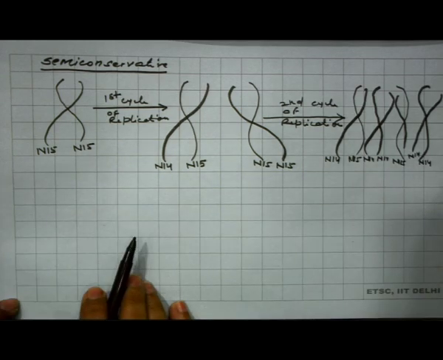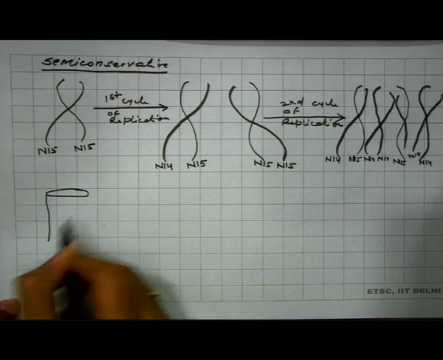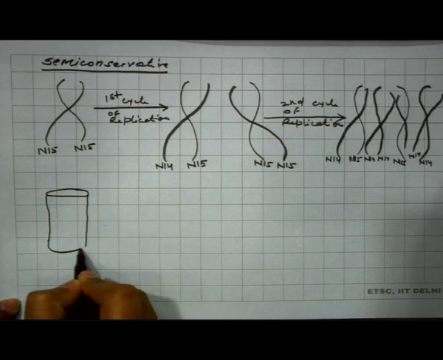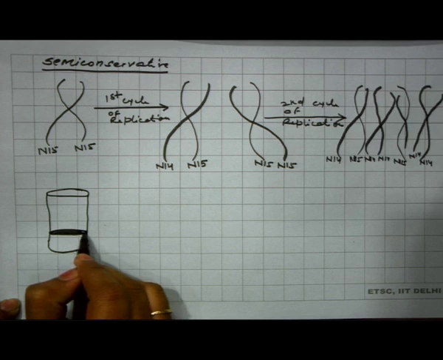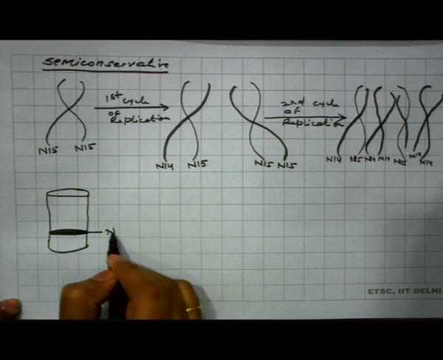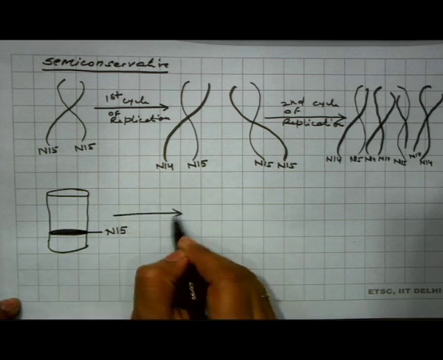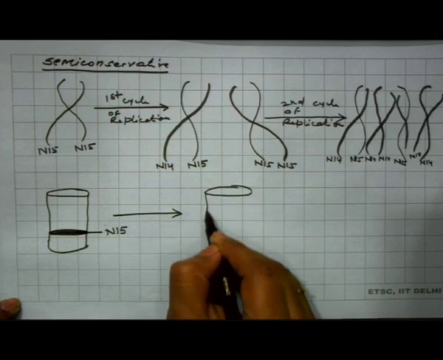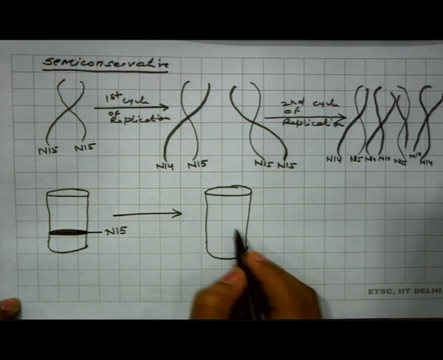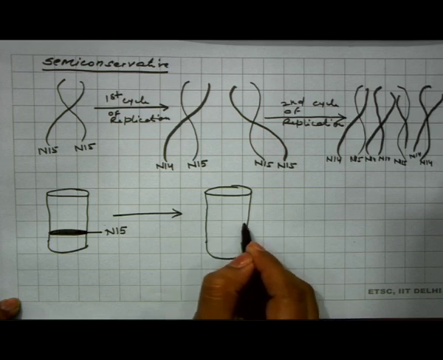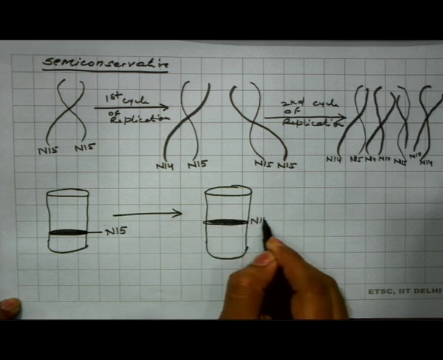So, if we go for cesium chloride density gradient centrifugation in parental DNA, we will get just one band which is of N15 and it is on the lower side. If we go for the first cycle of replication and take out the cesium chloride density gradient centrifugation, we will find just one band with intermediate of N14 and N15,